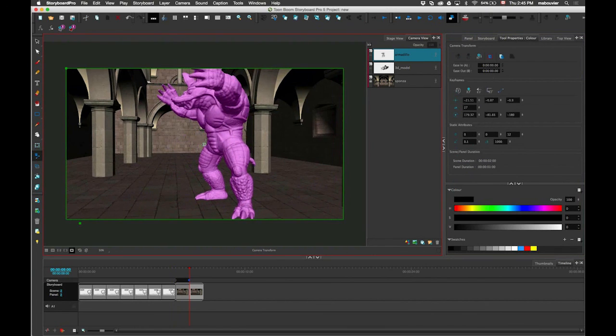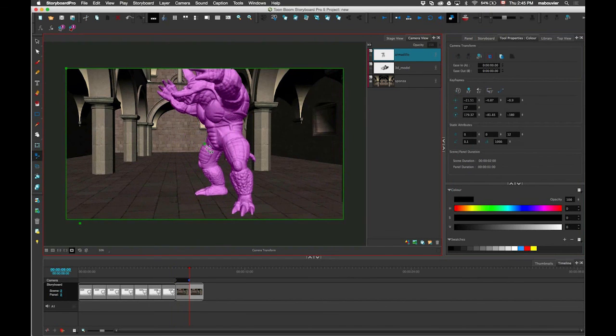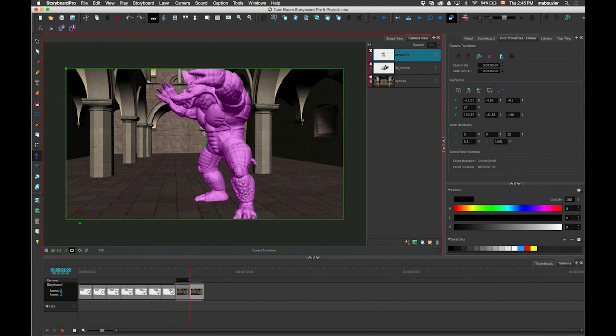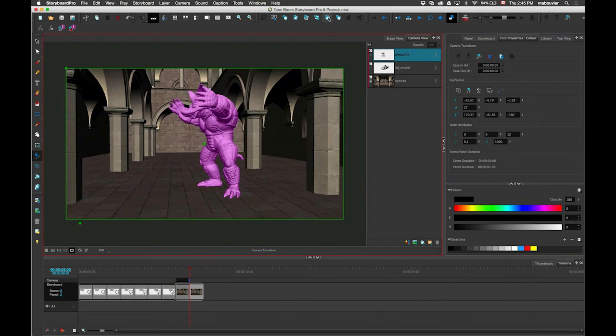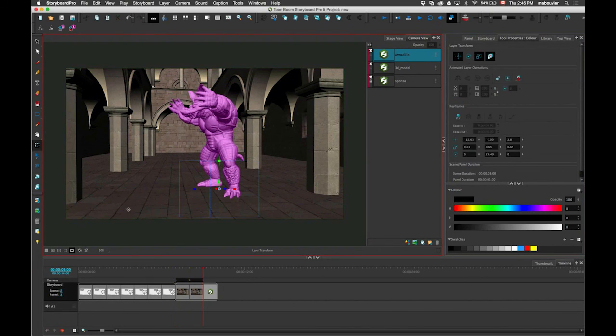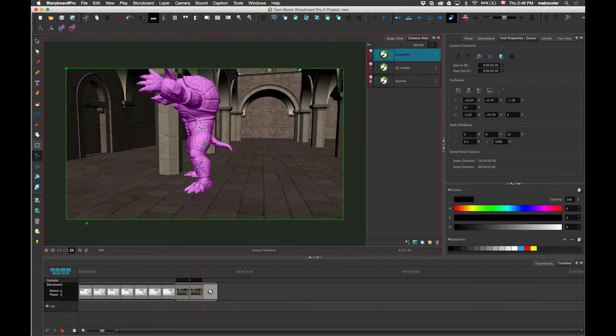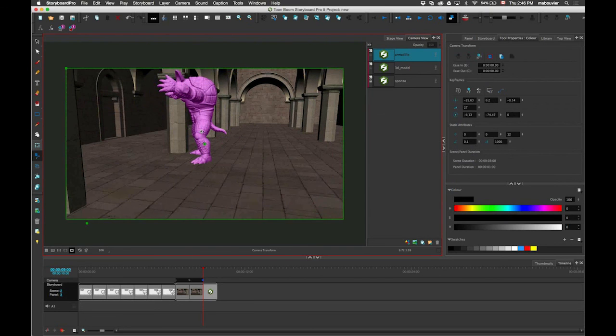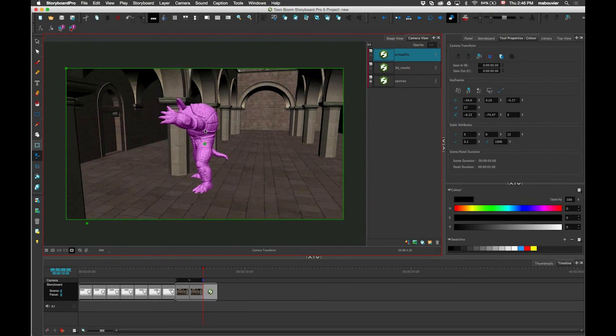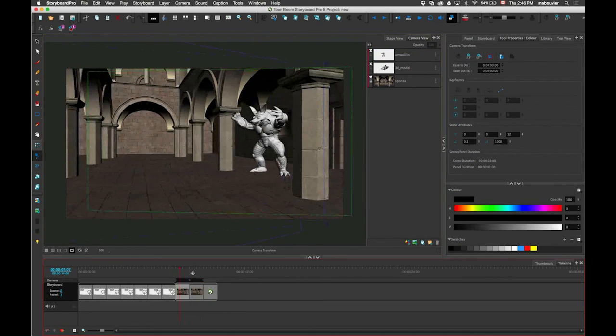I'll rotate the camera and maybe move it a little bit backwards, like this. I'll duplicate the panel again. Take my character moving forward again. And you see it's very, very easy to do some sort of camera move like this